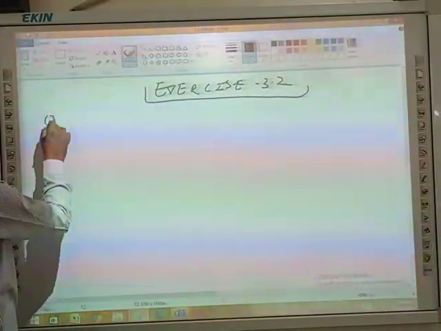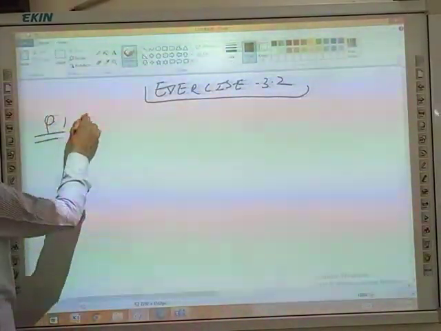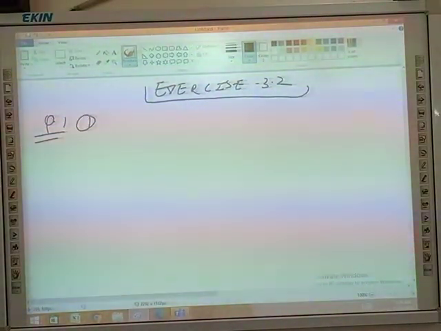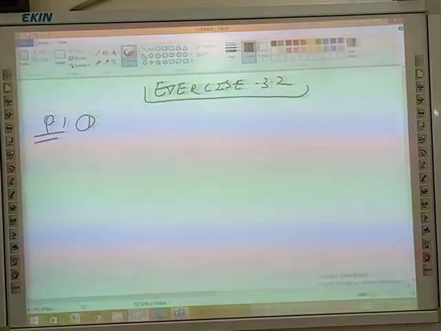Question number 1, first part. Student, 10 students of class 10 took part in a mathematics quiz. If the number of girls is 4 more than the number of boys, find the number of boys and girls who took part in the quiz. Let